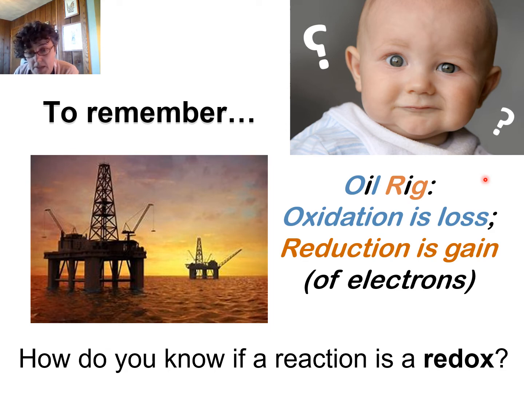Combination from the elements, direct combination from the elements is an oxidation reduction, because the elements, by definition, have oxidation number 0, and they end up in a compound where they have some oxidation number that's not going to be 0, so that's a redox as well. So there are some ways you can kind of figure it out without actually having to do the math, but calculating the oxidation number would be the safest route.